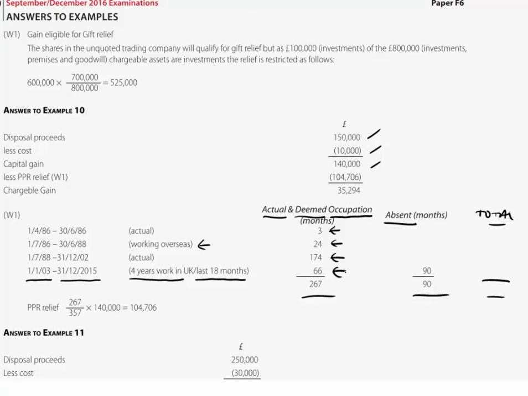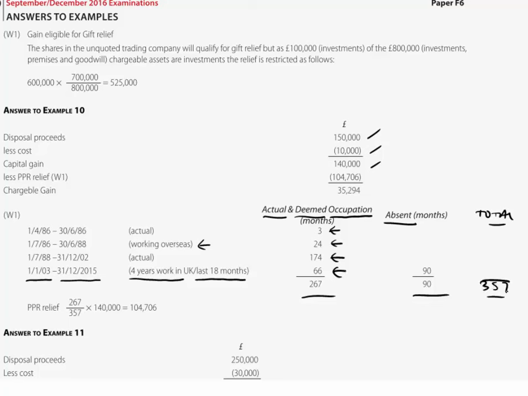total how many years and therefore how many months that came to, of which we know 66 months was the period of occupation, both here, well, not actual but deemed occupation for the reasons that we've stated, 4 years for work elsewhere in the UK, and without question the last 18 months of ownership. Take that away from the total of whatever we've got, and that is some 90 months there, again assuming that my calculations are correct. So 267 months of occupation, 90 months of non-occupation, in total therefore some